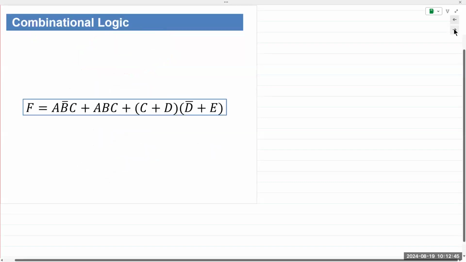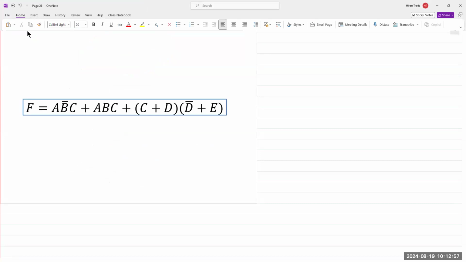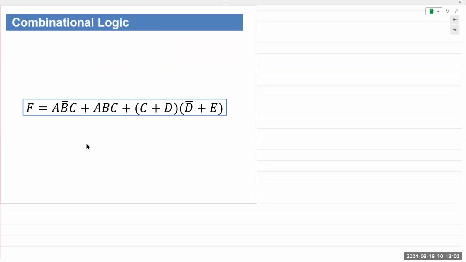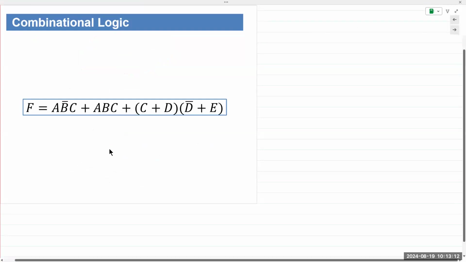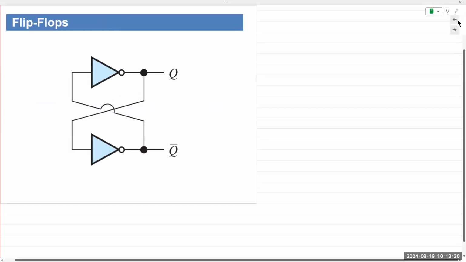Now, everything that we have learned so far falls under the umbrella of combinational logic circuits. Okay, combinational logic circuits. We are combining multiple functions, multiple circuits, and we are combining different circuits in a variety of combinations to obtain our desired output. Hence, it's known as combinational logic. Now, before we talk about this, what I want to state is